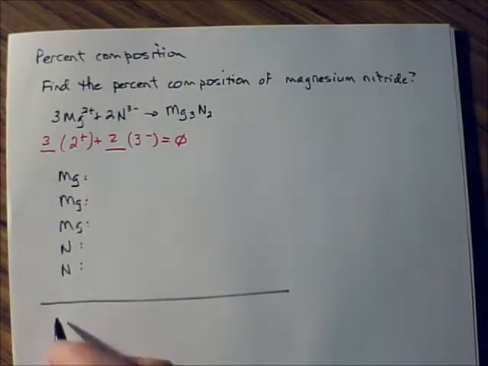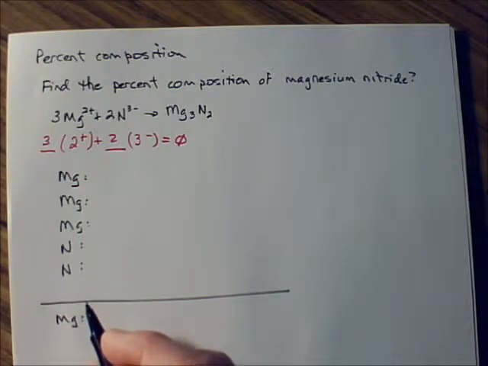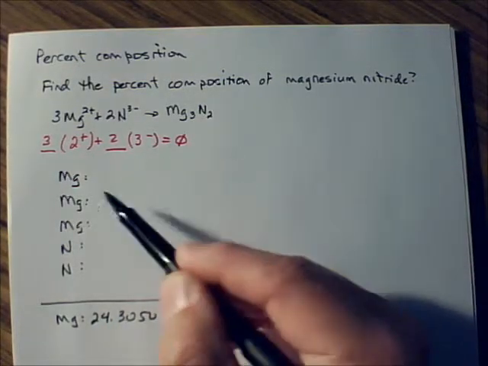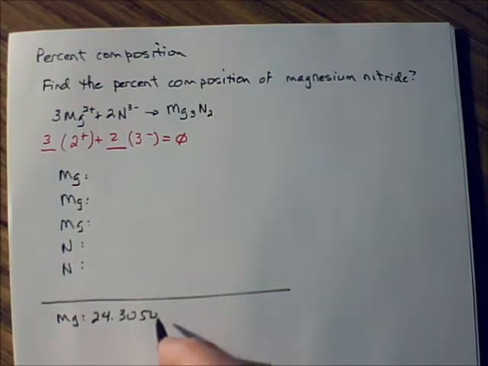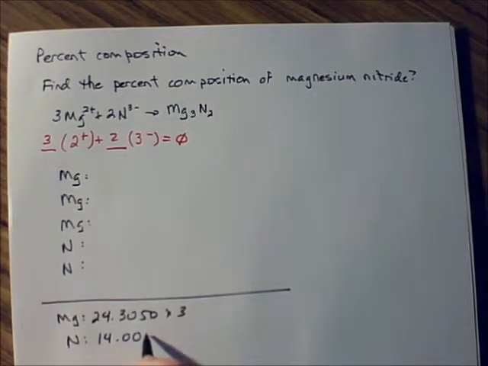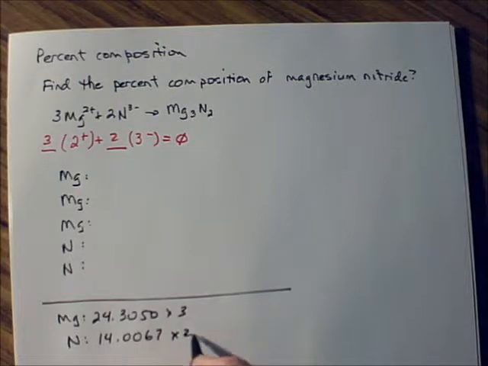So we can say magnesium, 24.3050, its atomic mass, 24.3050 times 3 instead of adding it 3 times. Times 3. And then nitrogen is 14.0067 times 2. Okay? And when we multiply those together, let me get my calculator,